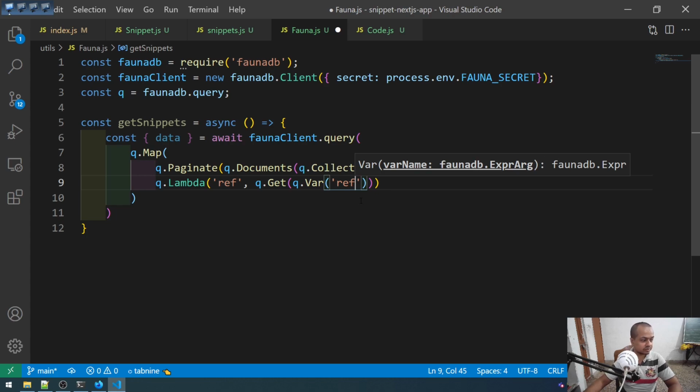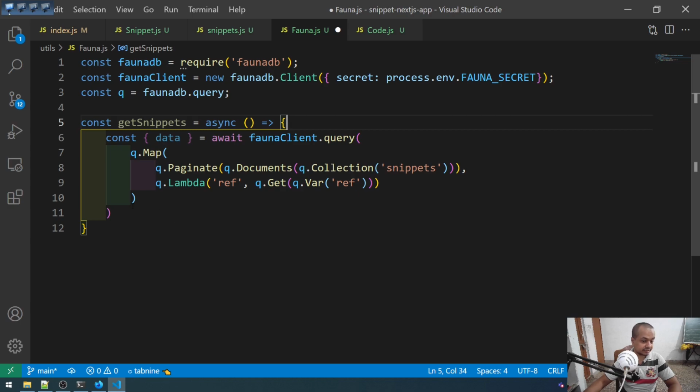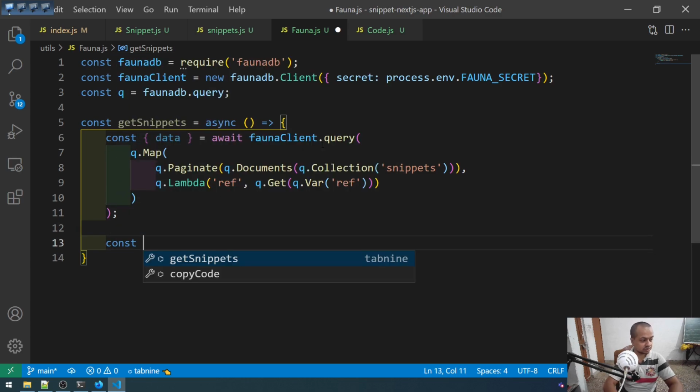Okay, so this is how we access it as a reference. So this query ends here, so we can close it, but this doesn't end here, and we have to do const